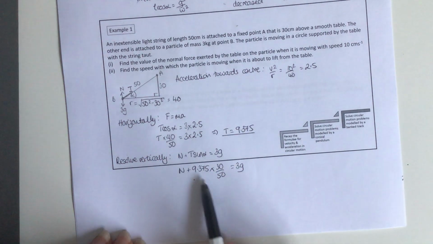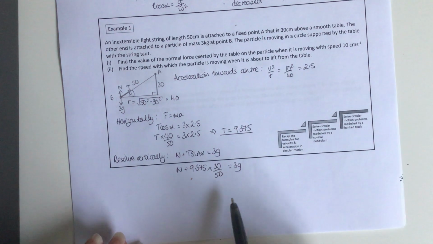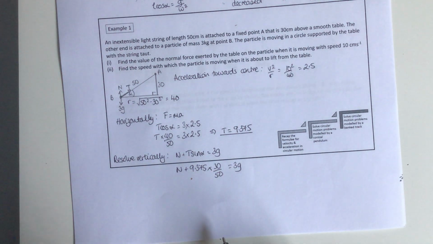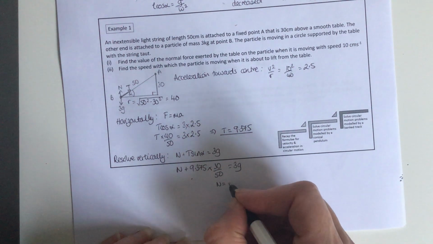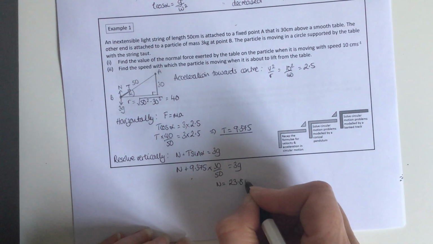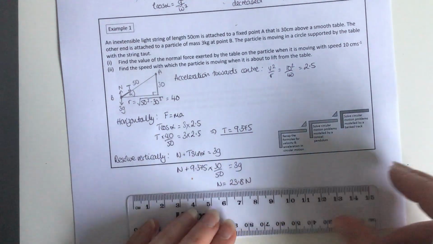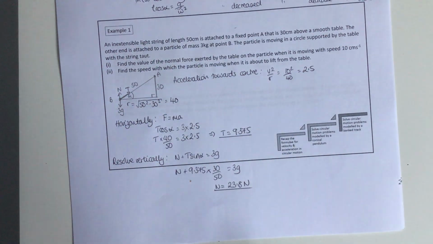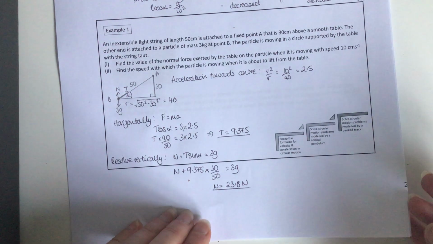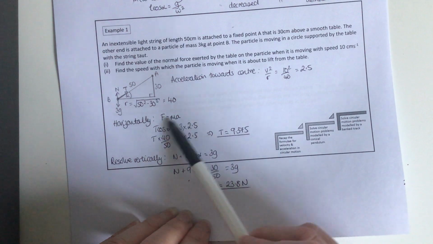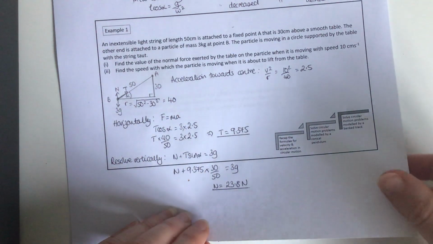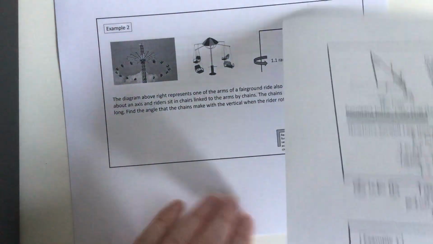Again, there's quite a bit to rearrange there, but I want you to pause, have a go at it yourself, see what value of N you get. I'll pause for a second and then tell you what the answer is. So you should end up with N is 23.8 newtons for the normal reaction. So again, you've seen how we've applied those two sections of the horizontal using Newton's second law and then resolving vertically. So let's have a look at another